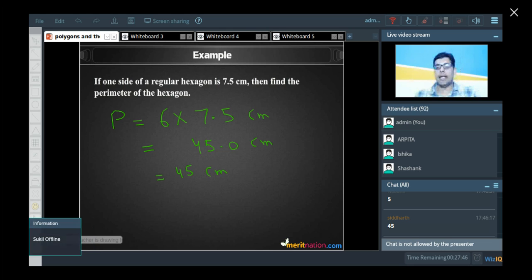The perimeter is coming as 45 centimeters. So most of the answers are correct here in the chat box, that is 45 centimeters. Okay, Nathaniel, it is 45 centimeters. Next,